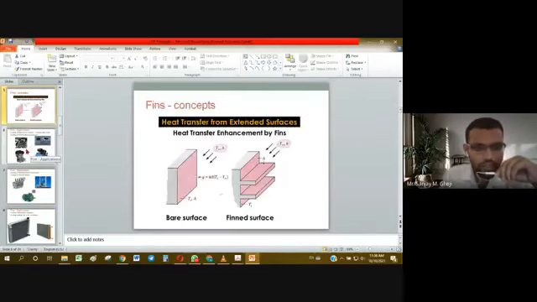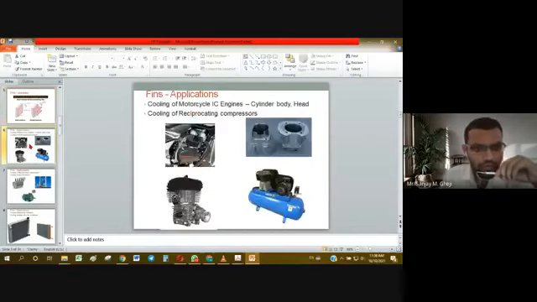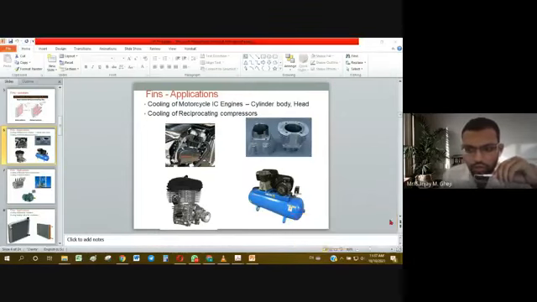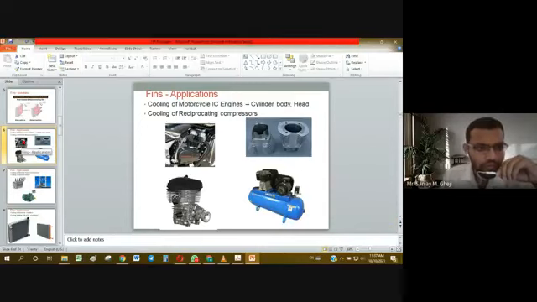Okay. Actually we have gone through all this introductory discussion about the concept of fins. I will just run through these slides so that you will recall what we are going through and what we are talking about. Okay, so application wise, there are very wide applications for fins, and these have been used in practice whenever it is possible and whenever it is required.